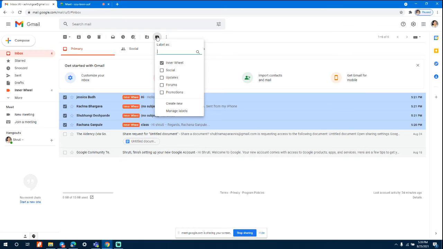Yeah. And then what do you write? You enter a name, whatever you want to call it. Let's suppose they are personal mails, like mails from your workspace, or from relatives, or maybe friends. So whichever you want. Create it, and that's it. So you've got it. Yeah. Okay. And on your left, under drafts, you will see the label present.